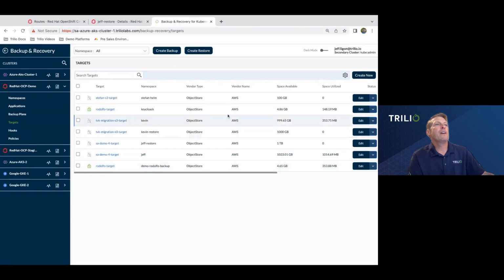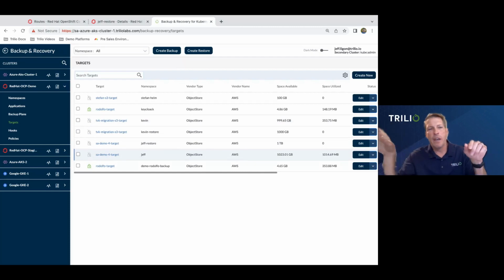And as I said, where are these files being protected? We're storing this offsite. In this particular case, I'm storing these backups in an AWS S3 bucket. I have an OpenShift cluster running on-prem in my data center, but I'm using an AWS public S3 bucket to store those backups, so that if something goes wrong in my data center, I've got a good place to restore to. As I mentioned, I could set up multiple targets for this. I could set up an S3 bucket in US West and one in US East, so that I could even account for regional problems in the public cloud provider. Now let's look at the details of